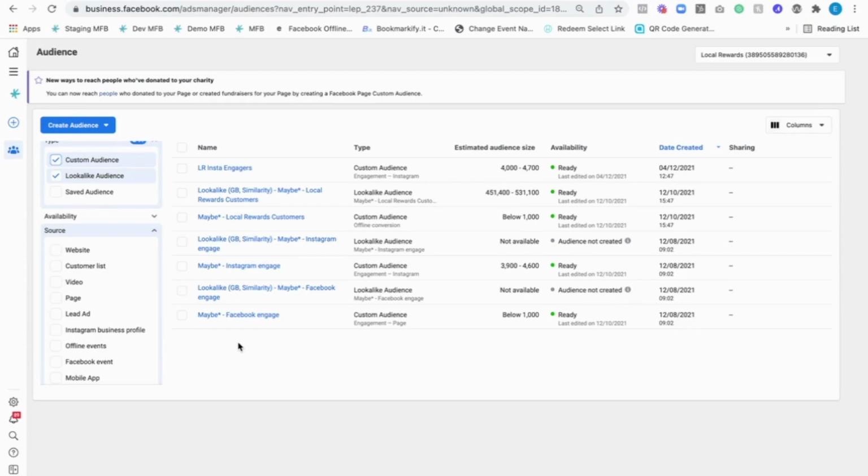So these are individuals who have never seen your content, and they are a great audience to use for prospecting for new customers. And Maybe takes the hassle out of that process for you by automatically creating, maintaining, and updating a lookalike audience for you as well. So you will find that you have lookalike audiences against your Facebook engaged and a lookalike audience against your Instagram